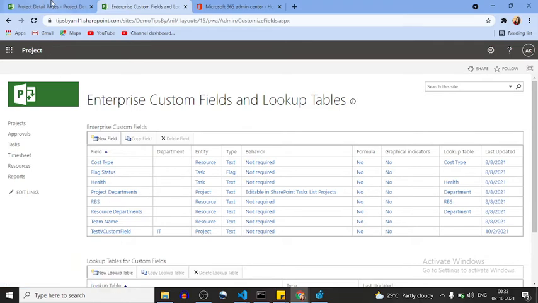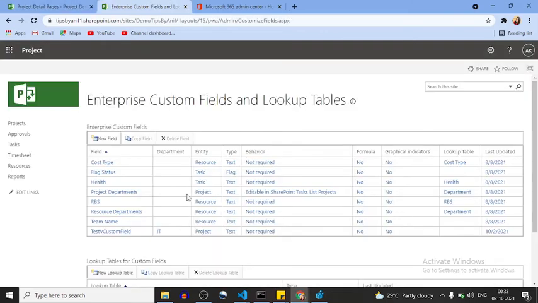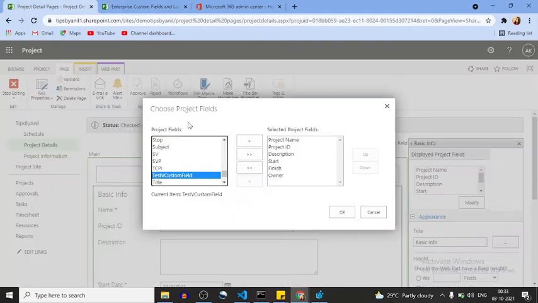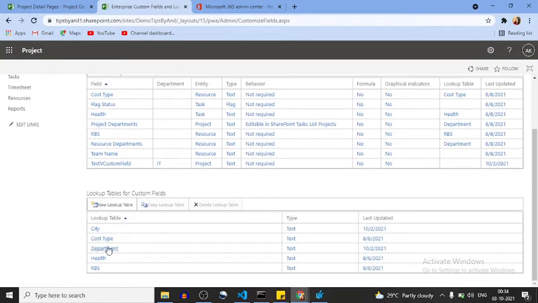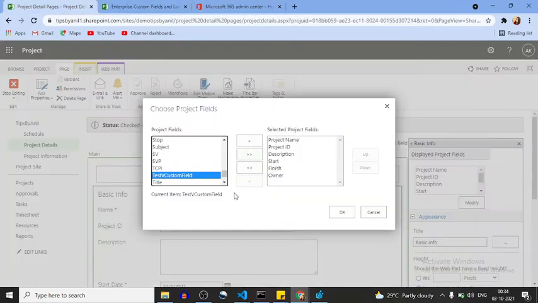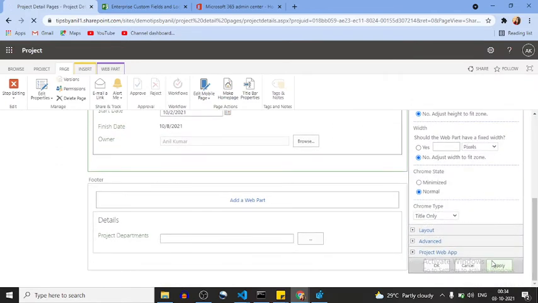Okay, test vs custom, let me check this. Okay, because this test vs custom field is for IT department. Okay, because we don't have our EPT related to any departments, so that's why we are getting this custom field. Okay, now we have created the city. Okay, we have created the lookup actually, so that's why. Now if I'll add it, I'll click over here and I will save it, apply, and click on OK.